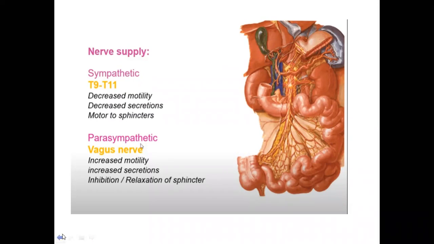Now this whole part you can see here is the ileum. This is the first part of the duodenum, the second part, the third part, the fourth part of the duodenum. Then this whole is the jejunum, then comes the ileum. This whole is the ileum, which opens into the cecum. This whole part is the cecum, of the large intestine.